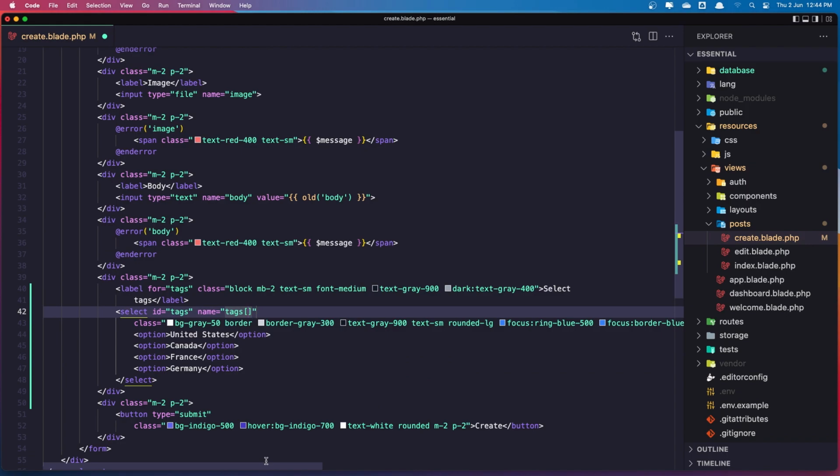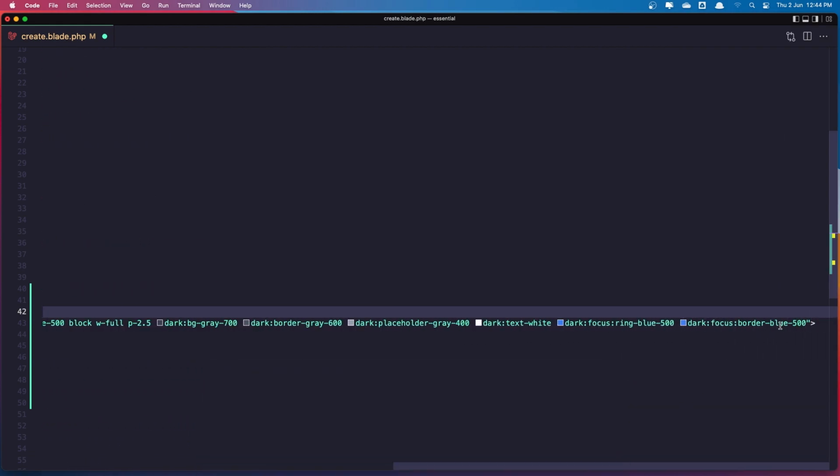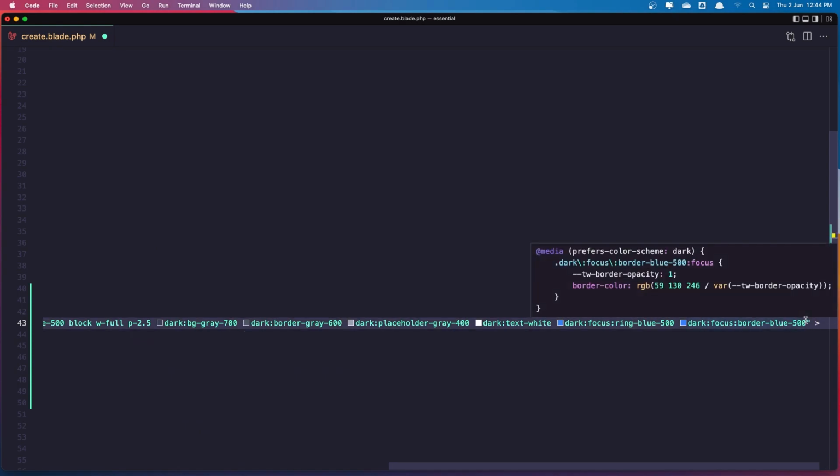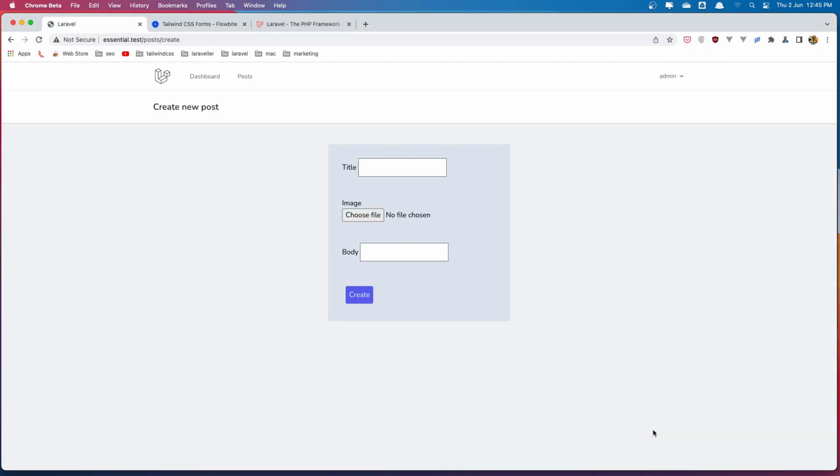And because this is multiple, also we need to add in the select multiple here. Okay. Now if I save and let's go to browser, refresh, here we have the multiple select,